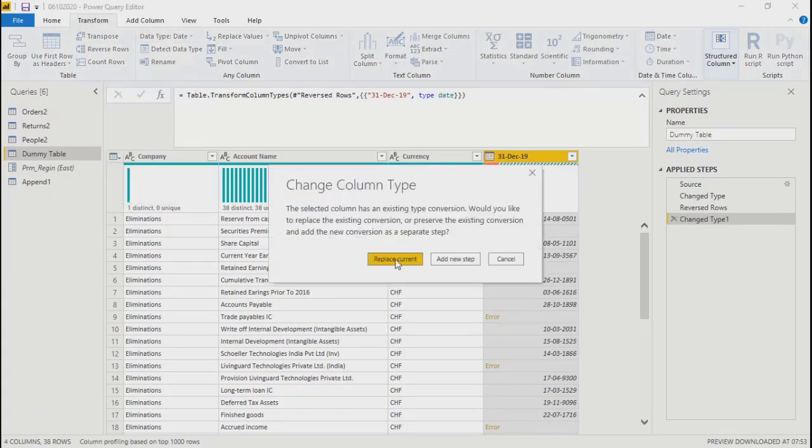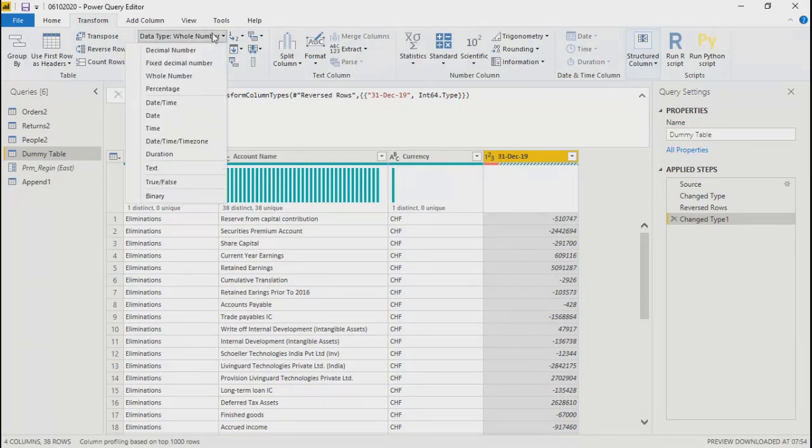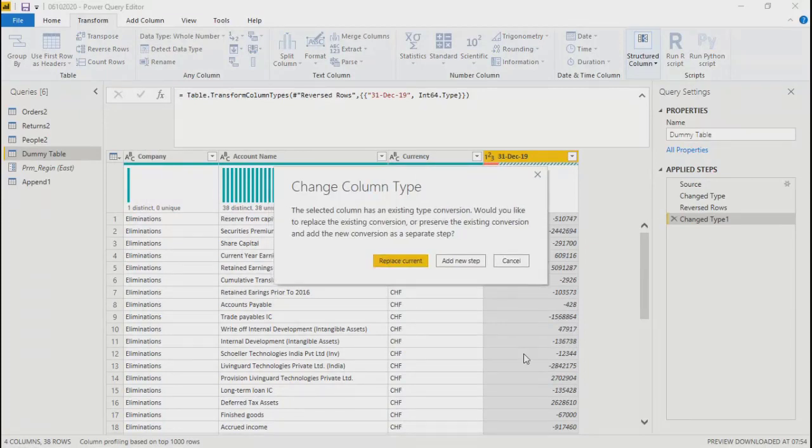Replace current. Yes. So these are the values you got. By changing this, you can change it into any other type also if you wish, maybe text. On this option you have a few choices like replace current step or add new step. If you replace the current step, only this step will get replaced.